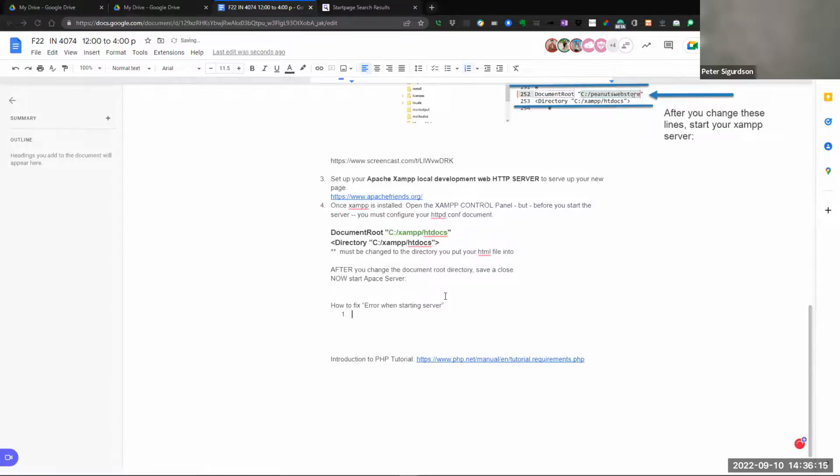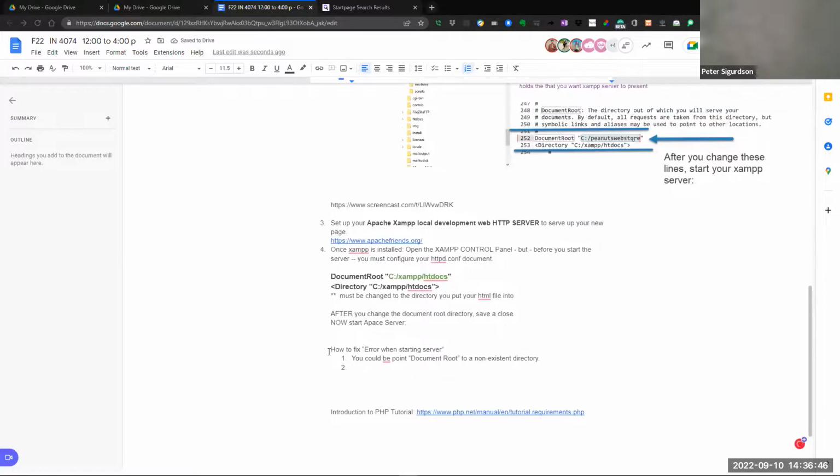Number one, you could be pointing to a directory which does not exist. So maybe your document root, you could be pointing to a directory which is not there. Maybe you spelt it wrong or something. And the other possibility now is